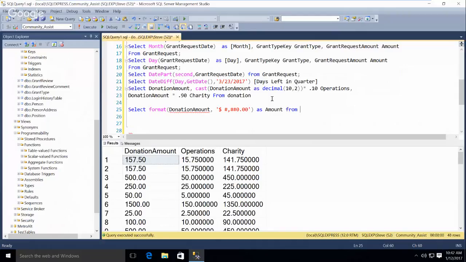From, so that's okay. What the format does is, like in a lot of programming languages, you can format the string. This says that there will be a comma for thousands. There will be a $. The zeros are required numbers. The pound signs are variable, if they use them.